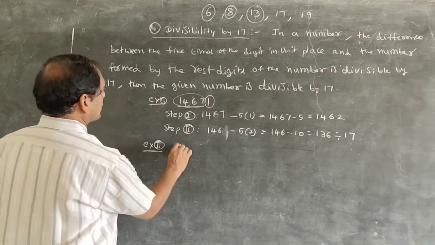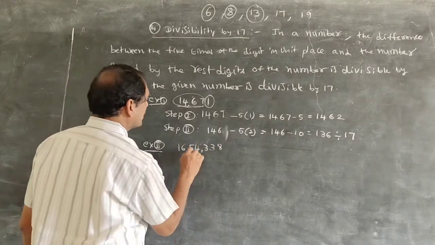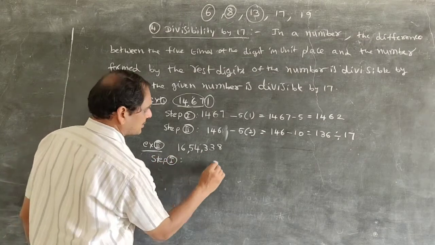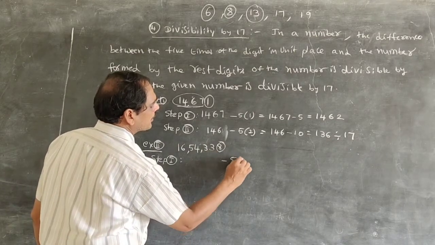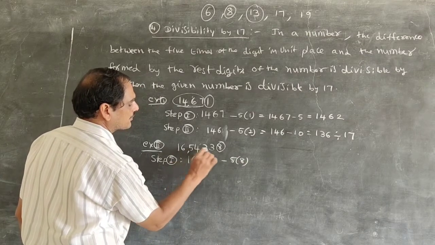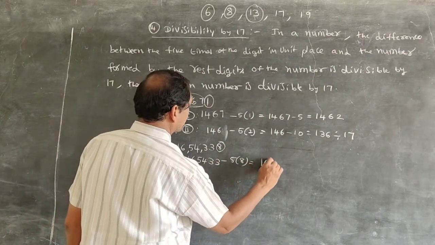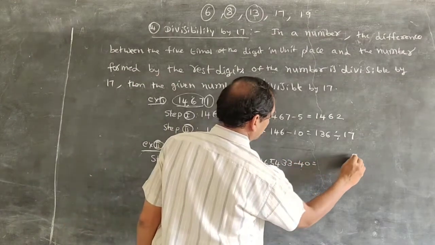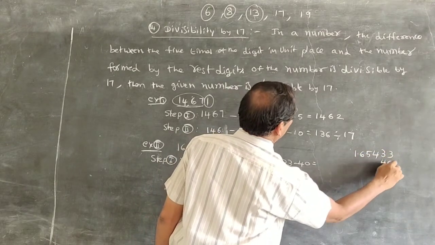Example 2 is 1654338. This is the big number. Now we write step 1. Step 1 is, in this, the unit digit is 8. So 5 into 8, subtract this from the rest of the digits of the number. The rest of the digits of the number is 165433 minus 40. That is equal to, we subtract it,